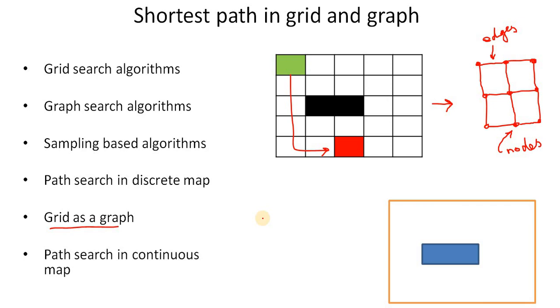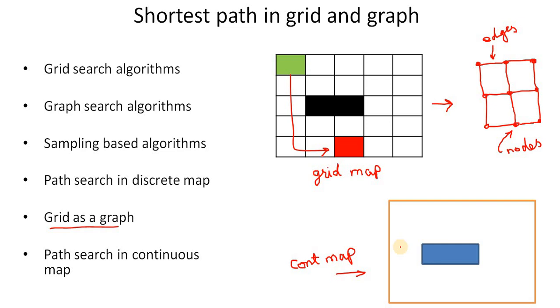Sometimes, let me tell you why graphs are more important. Sometimes we see that this was a grid map, and we learned how to make that in the previous lecture, and also in the lab. This is a kind of discrete map. Discrete means it has discrete cells, and in contrast to this discrete map, we also have a continuous map. This is an example of a continuous map. So in a continuous map,